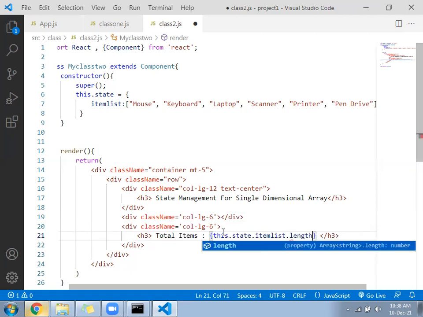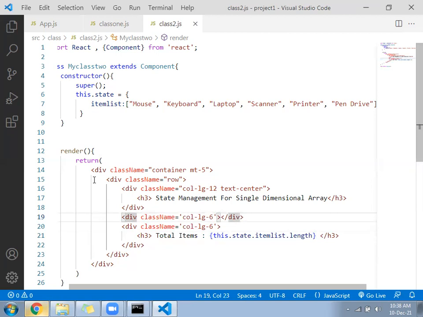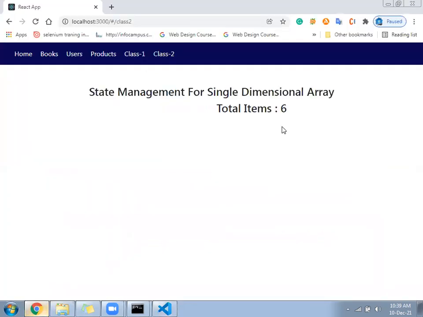Save the file. Confirm once. Are we getting the length? Length is coming. Total items are 6.